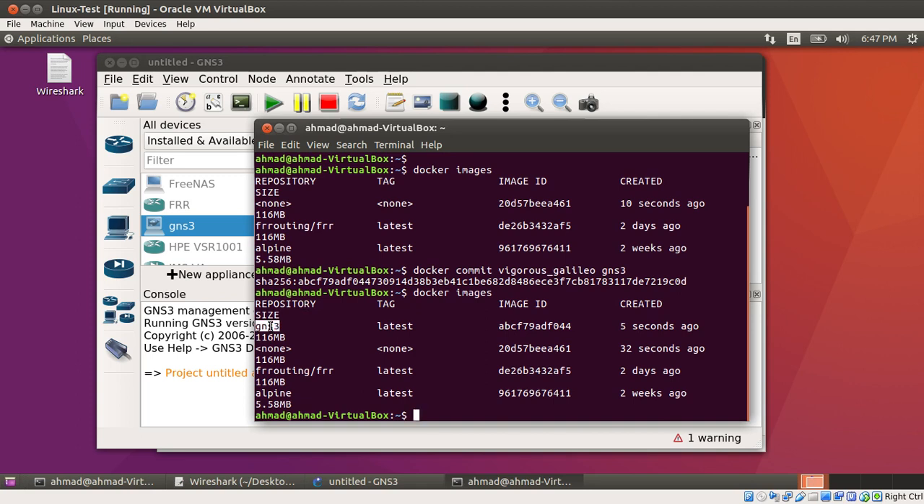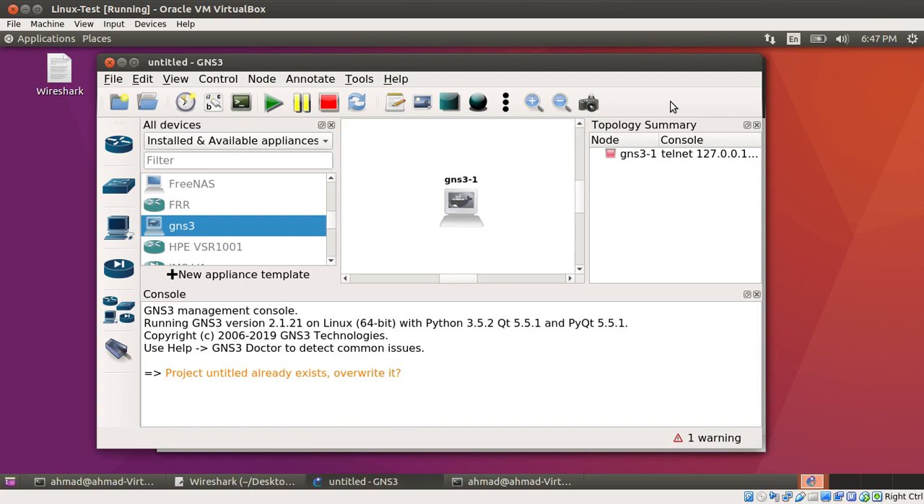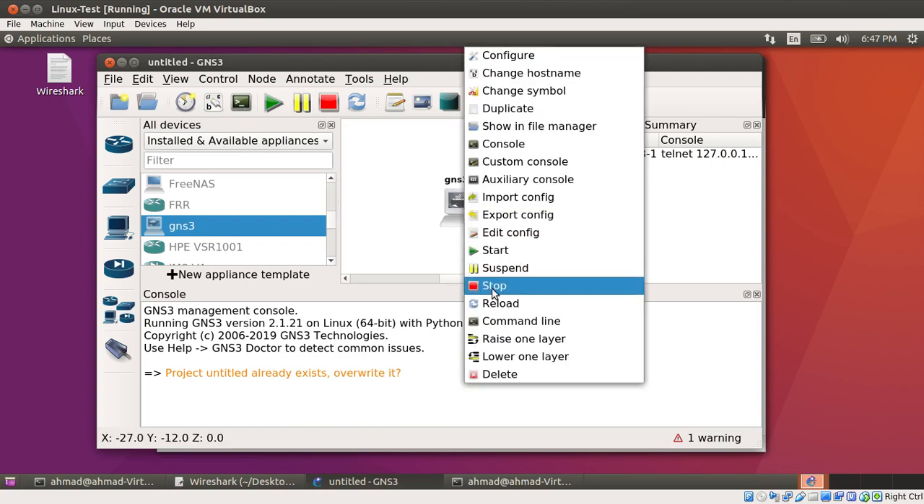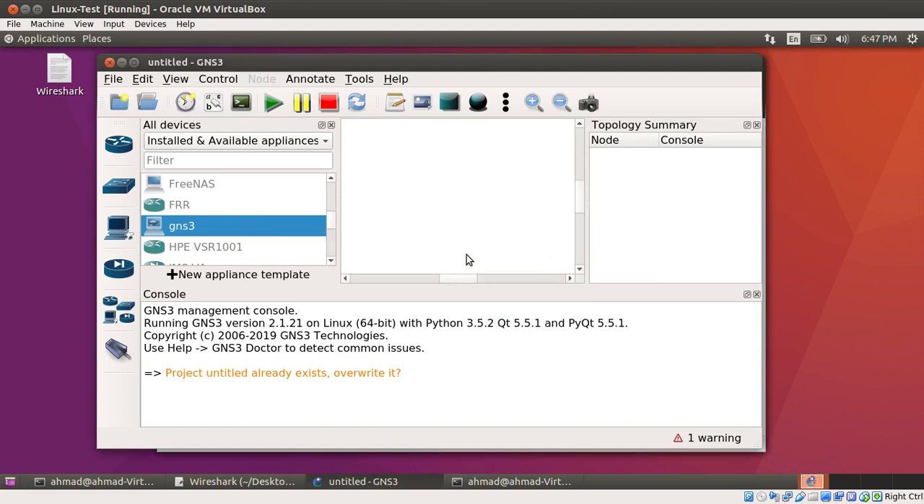And this image is there. This is what we want to use. Now come on to GNS3 and remove this machine. We don't need it anymore. I'm going to remove this template as well, because now we'll be creating our template using the image that we